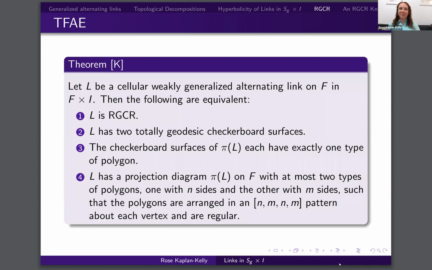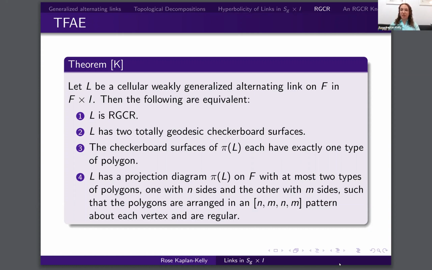This leads us to our theorem. So we have L, a cellular weakly generalized alternating link on F in the thickened surface F cross I. Then the following are equivalent. First, that L is RGCR. Second, that L has two totally geodesic checkerboard surfaces. And then third and fourth, that the diagram of this link satisfies certain conditions. So taking a step back, what this theorem is telling us is that we have this equivalence between having this very nice right-angled structure on the link complement, the link having two totally geodesic checkerboard surfaces, and the link diagram